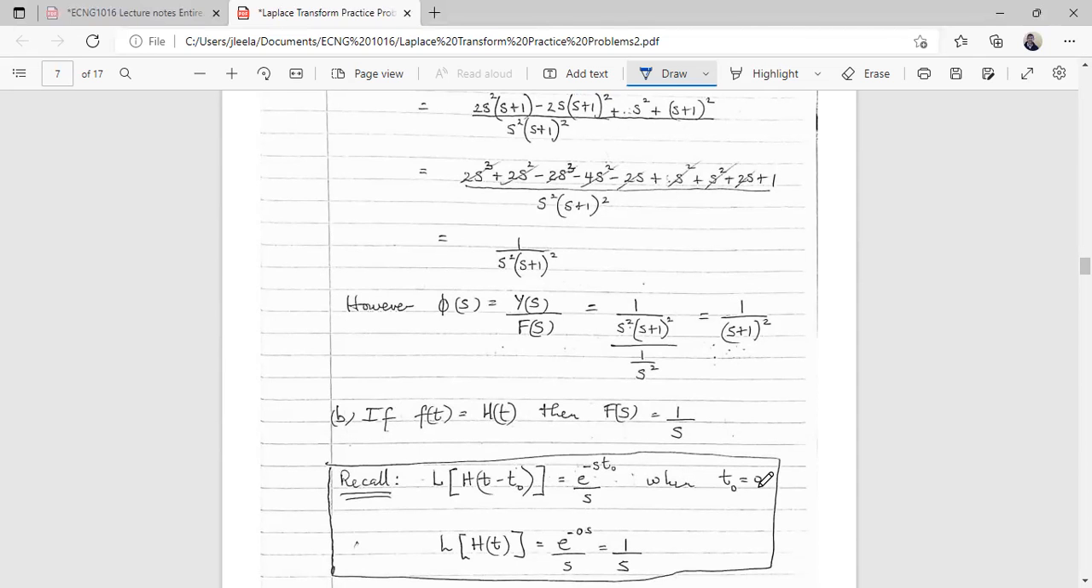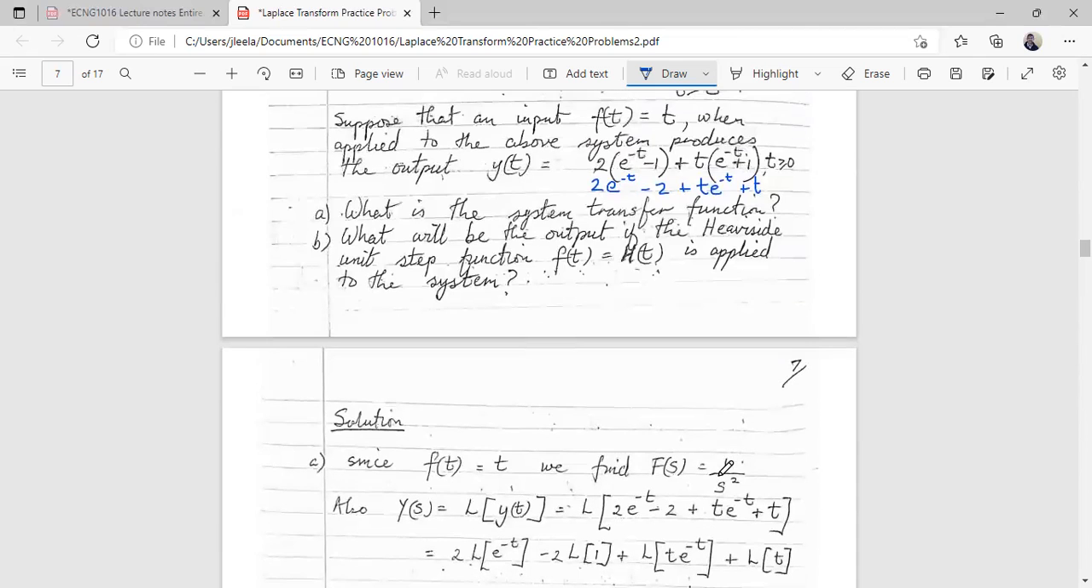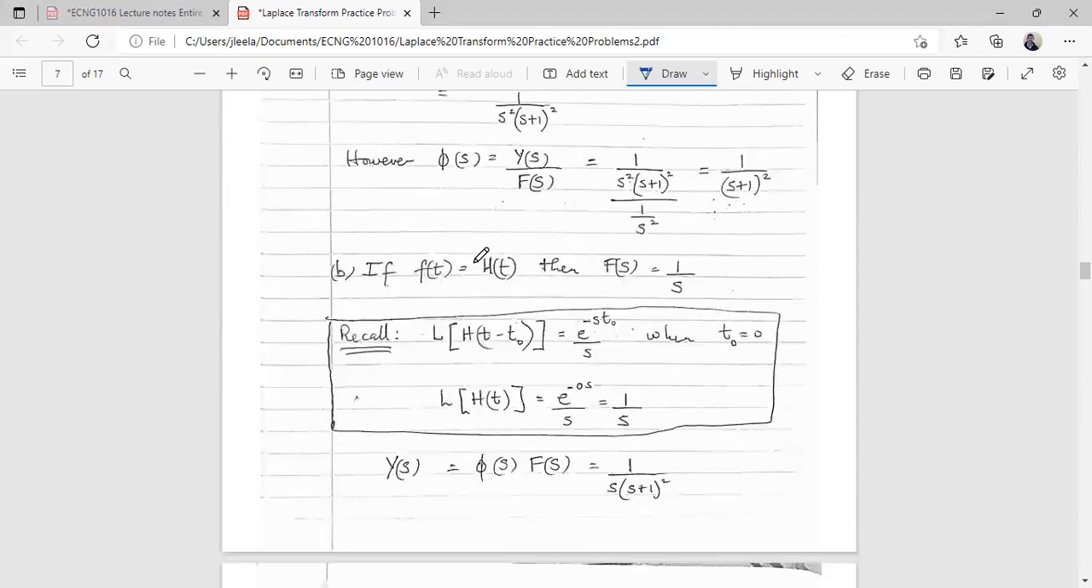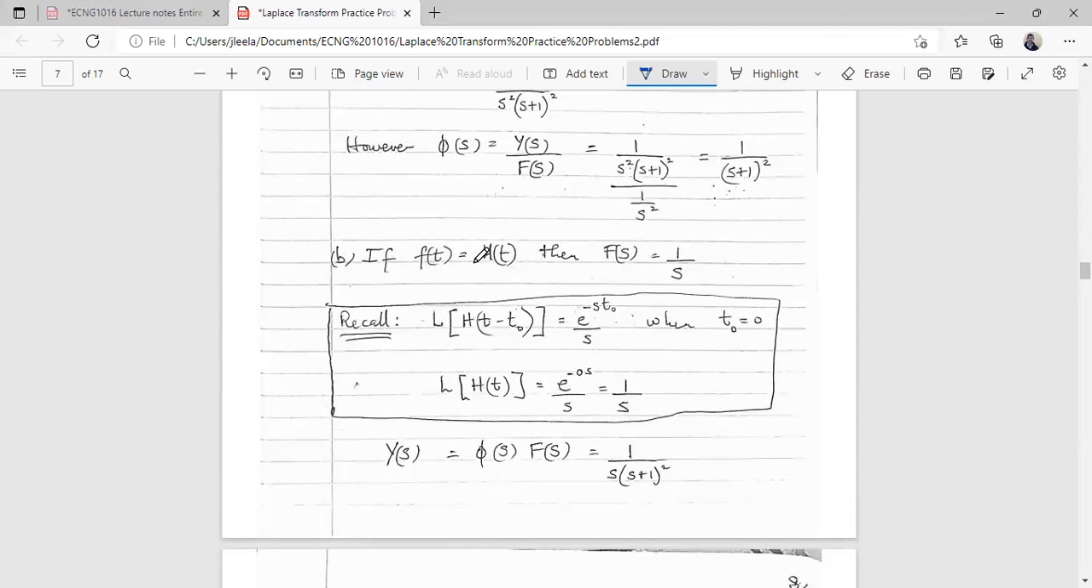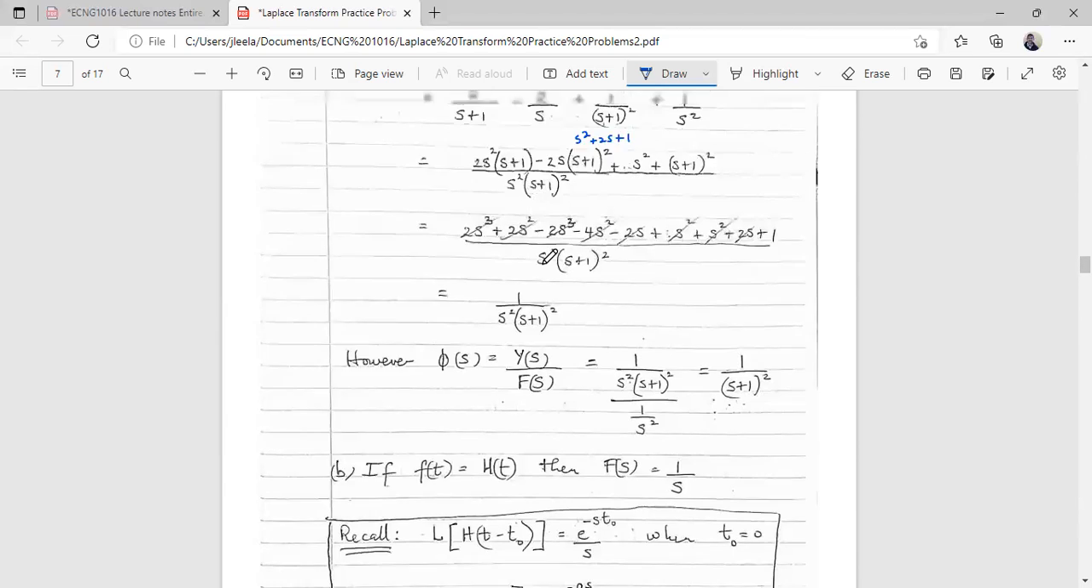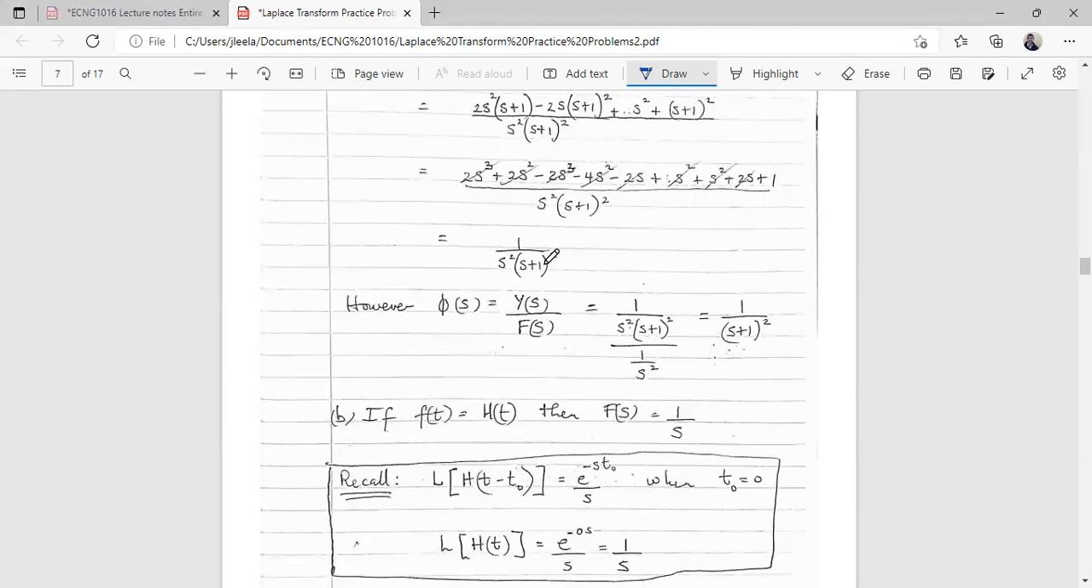So part B now, what will be the output of the Heaviside unit step function Ft is equal to ht if it applied to the system. So replacing Ft by ht, right? So if Ft is ht, then the f of s would be 1 over s. Right, remember that? Because,